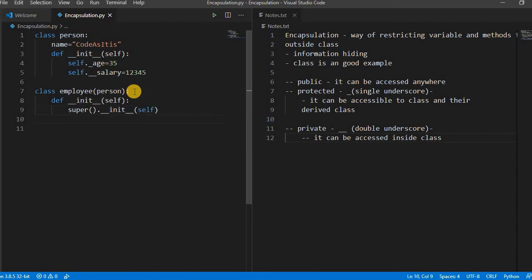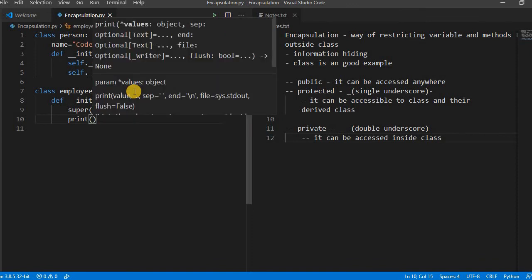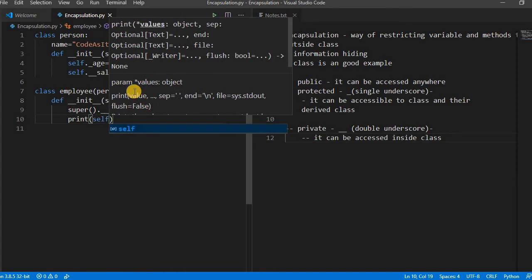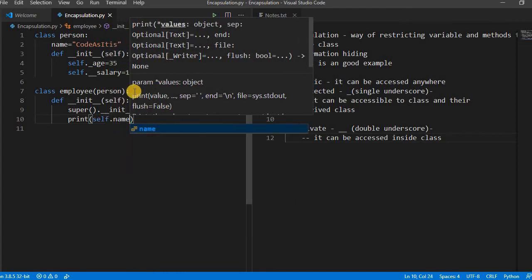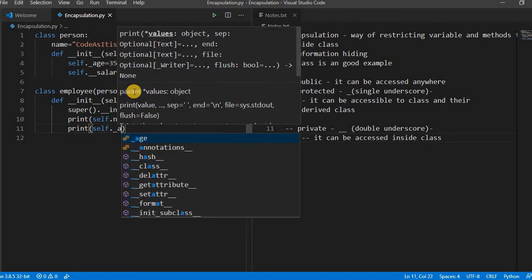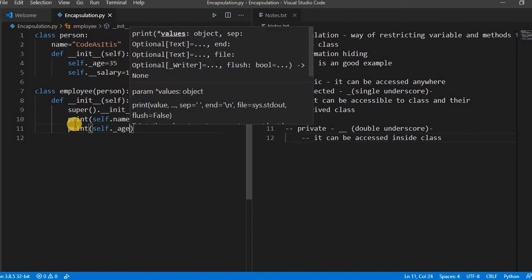Then suppose let's try to print self dot name. You are able to print it because it's a public variable, so it can be accessed anywhere. Now if you write self dot underscore age, that is also accessible here because we are deriving this class from the Person class.